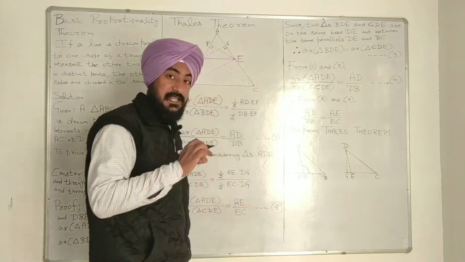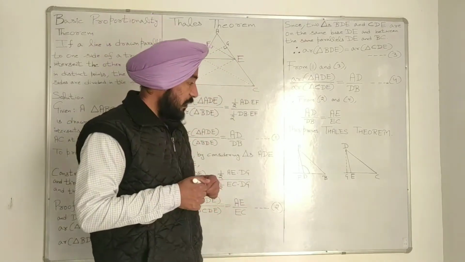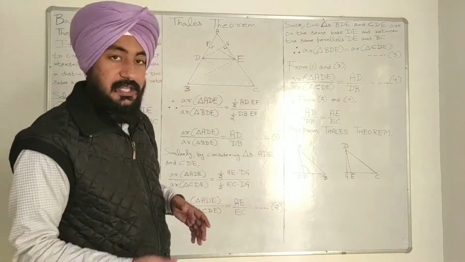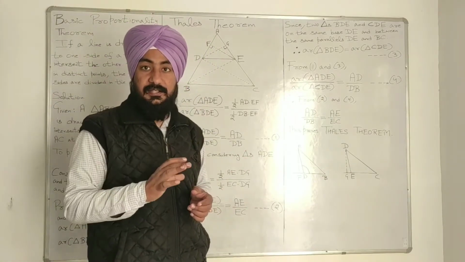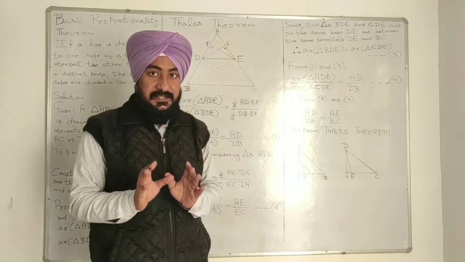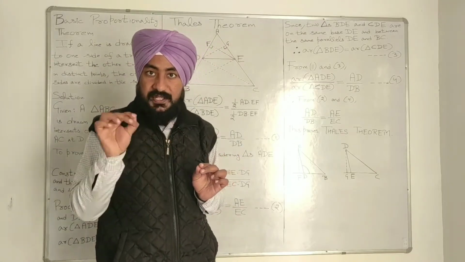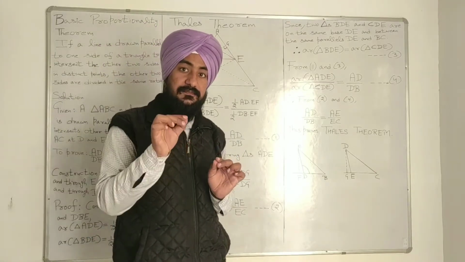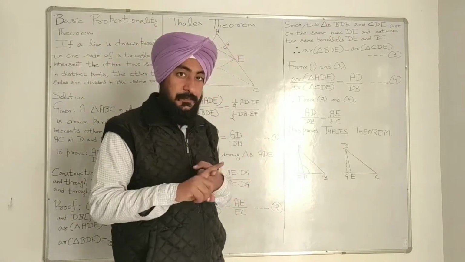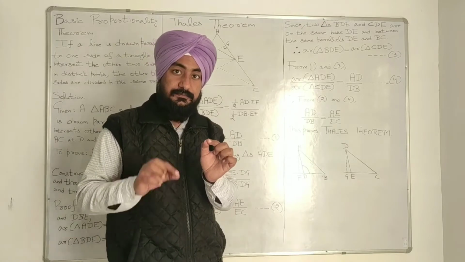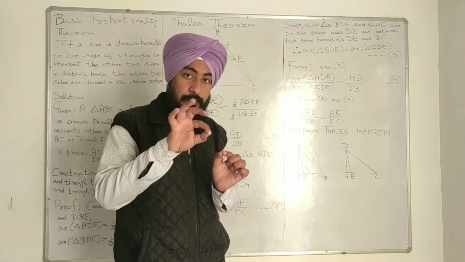This triangle is an obtuse triangle. For taking the height of this triangle, which is an obtuse triangle, we can't take the height inside this triangle. So please understand this. In the obtuse triangle, we can't take the height of the obtuse triangle inside the obtuse triangle.